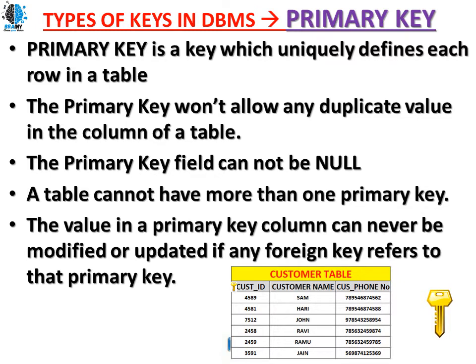Without a primary key you cannot imagine any table in a database management system. Every table must and should have a primary key. If it is having a primary key, then only the data in the table will remain unique and it will not be null. Very important. In a table, you can have only one primary key. You cannot have more than one primary key. So this is all about our primary key.